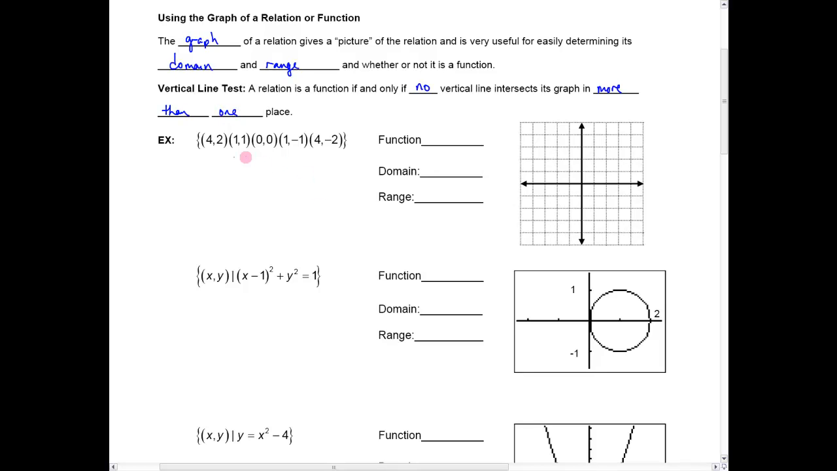So for example, here is a set of ordered pairs. That's a relation. If I plot those, here's the point (4, 2), (1, 1), (0, 0), (1, -1), and (4, -2). And if you draw a vertical line,